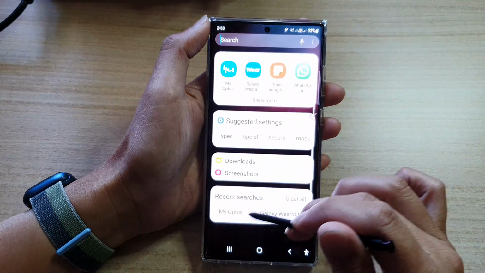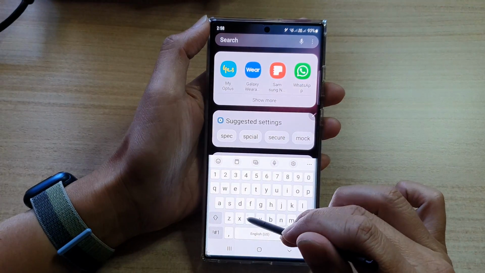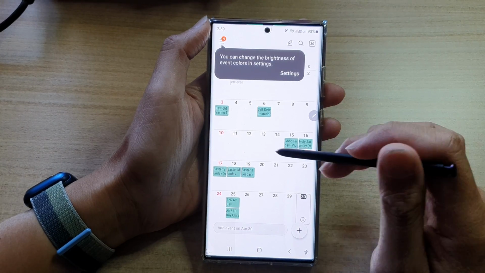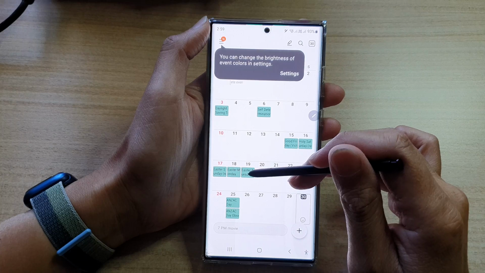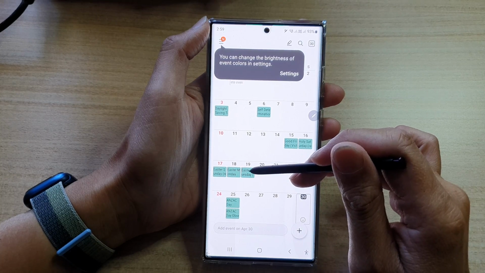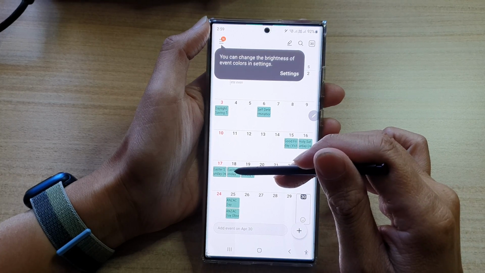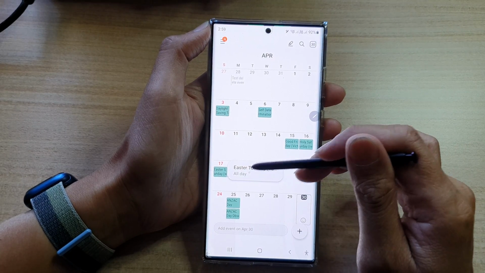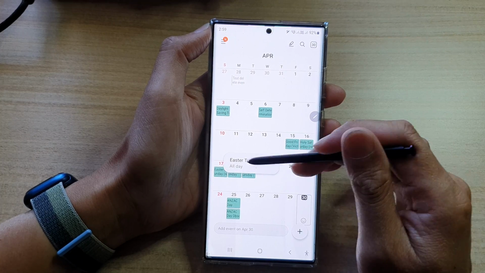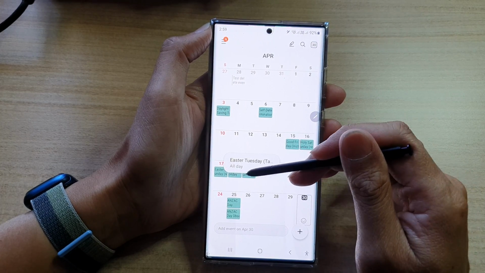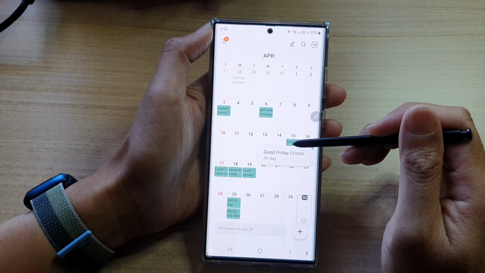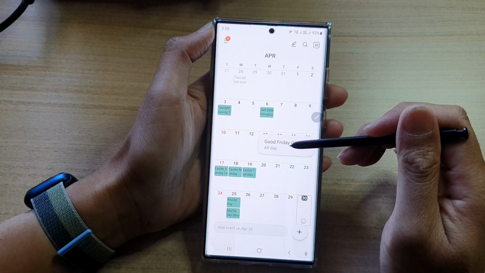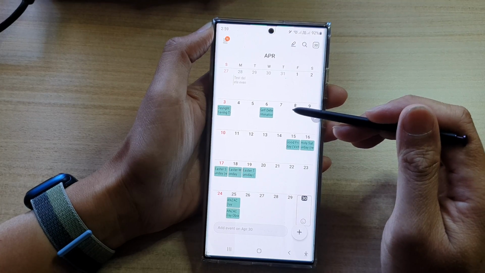I'm not sure if I set up my calendar or not, so I'm going to type in calendar, and then in my calendar I can hover over this day right here to see if there is any information. Now the moment when I hover, nothing happens. It could be because there's not many events in here, and you can see if I hover, only one pop-up. It shows only one event because I don't have a lot of events in here. It still shows what kind of events I have for that particular day, and at the moment I only got one,